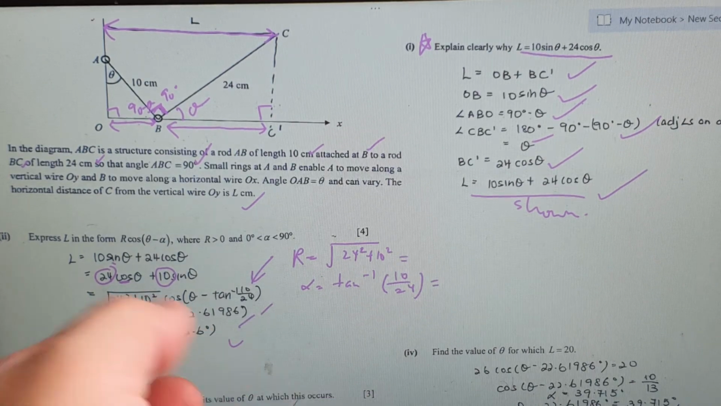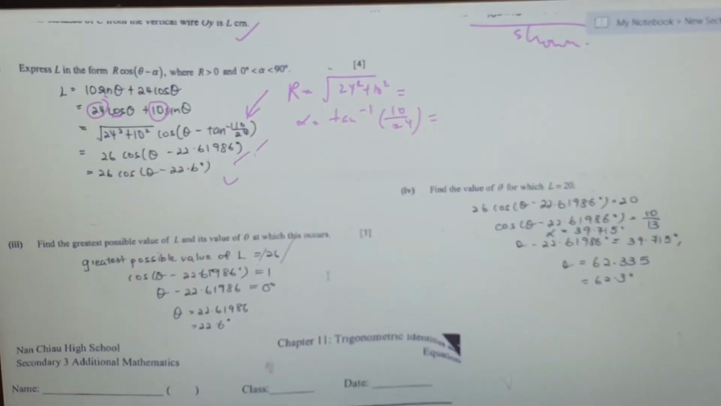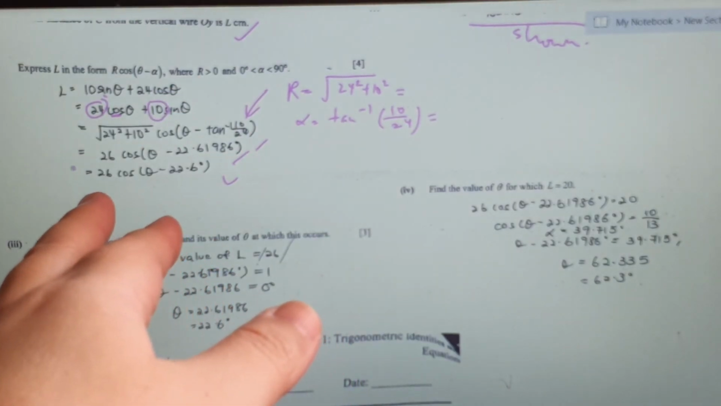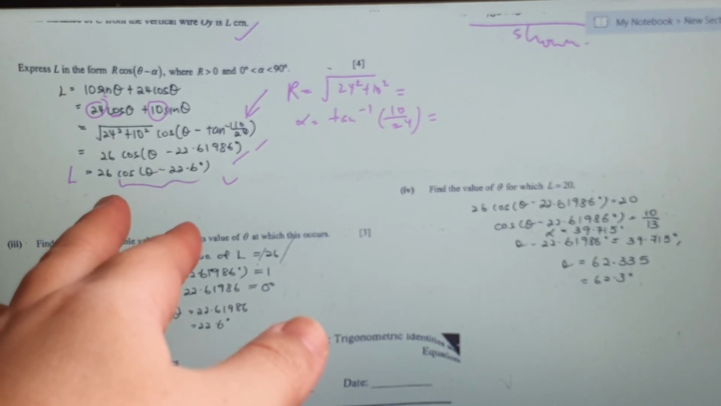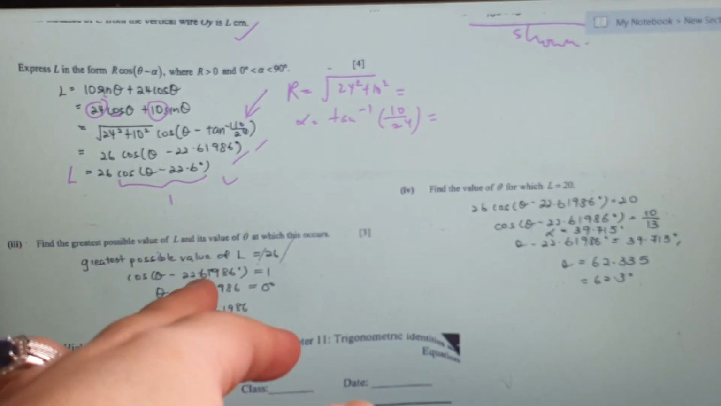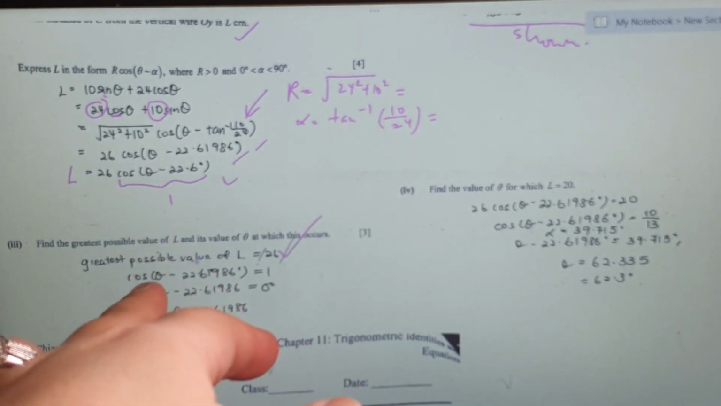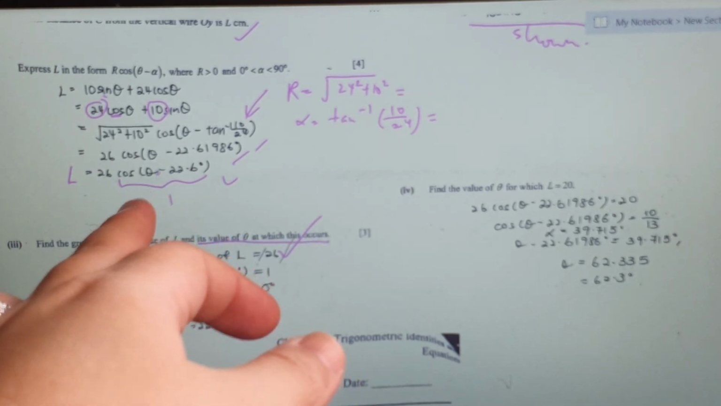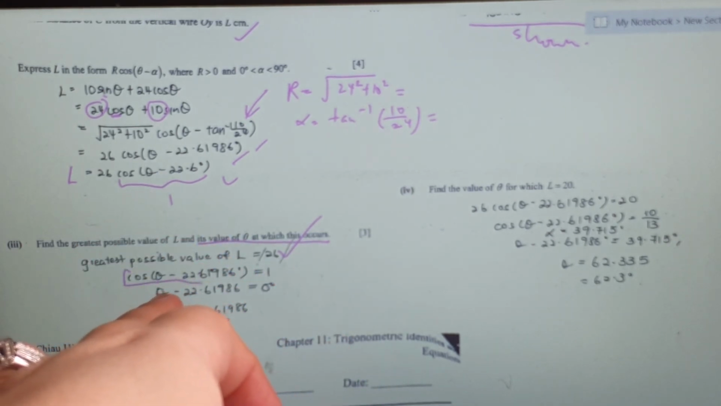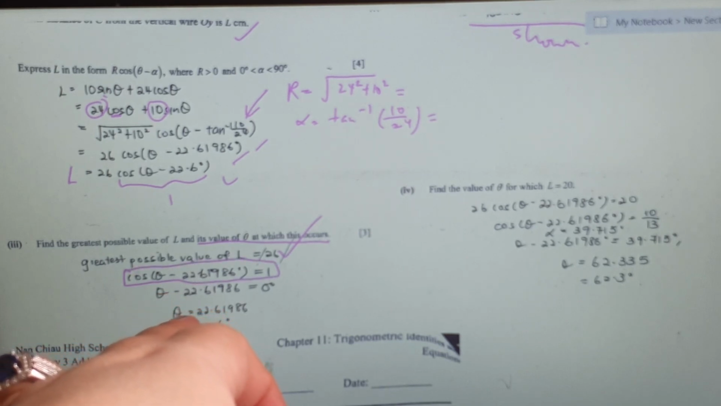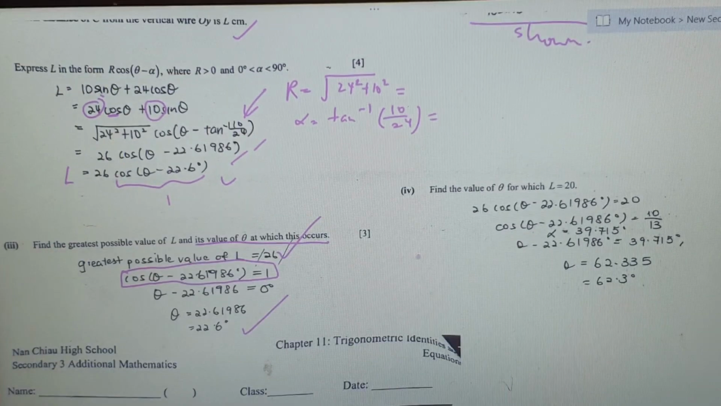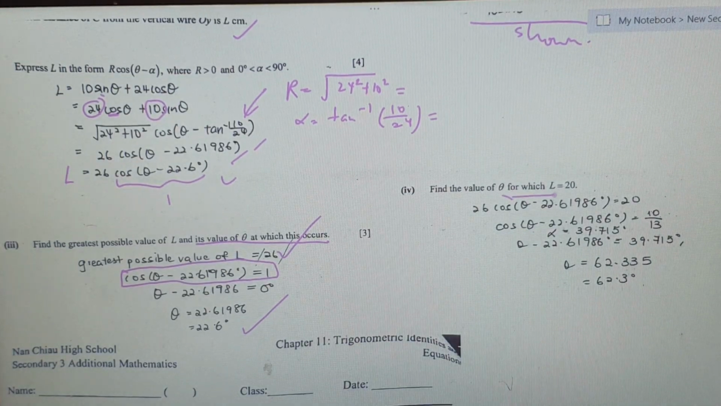That's all. Find the greatest possible value of L. Now, greatest possible value of L, you see here, is when this fella is 1, so it must be 26. And when does it happen? What must theta be? So you set this to 1, and then you can find the answer already. Very simple one. Okay, and find the value of theta for which L equals to